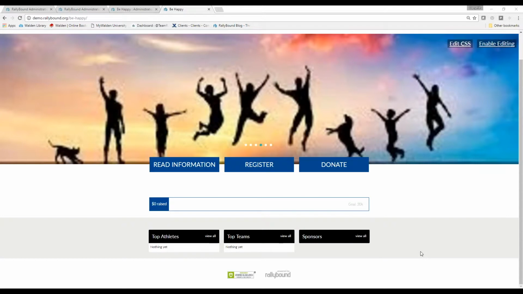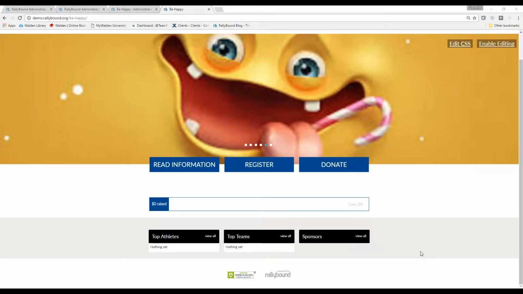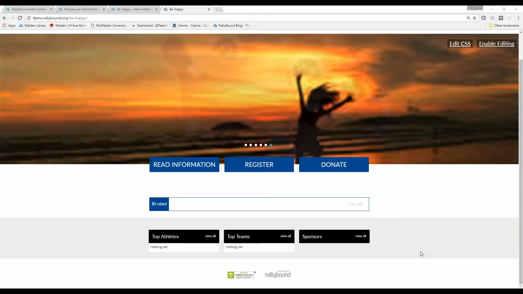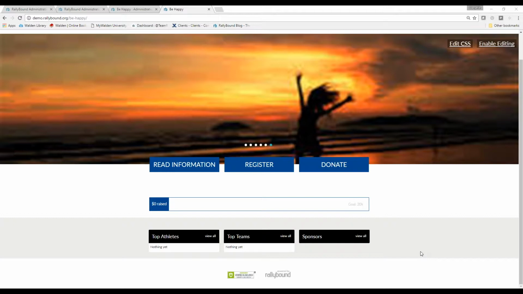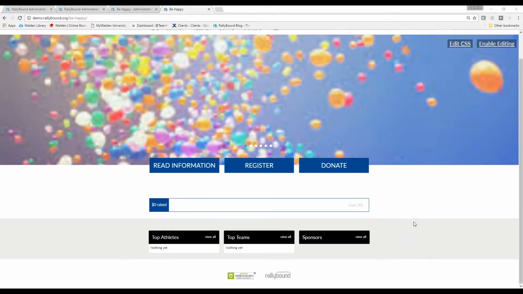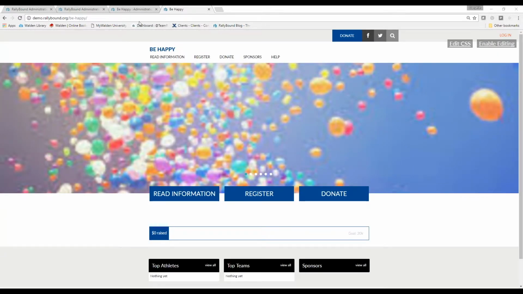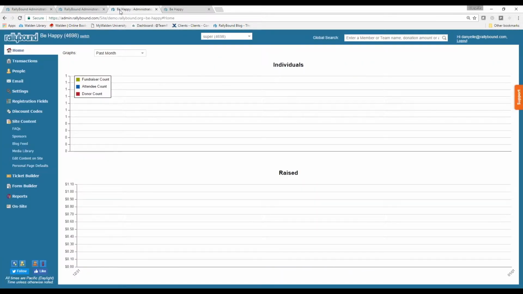These structural changes could be different based off of the design set out in onboarding. If it doesn't look exactly like this, it might be similar. If you have questions because you don't have a sponsor page or a sponsor widget and you want one, then just please let us know and we'll be able to figure it out. With that being said, the two pages, I'm going to go into the back end and show you where this